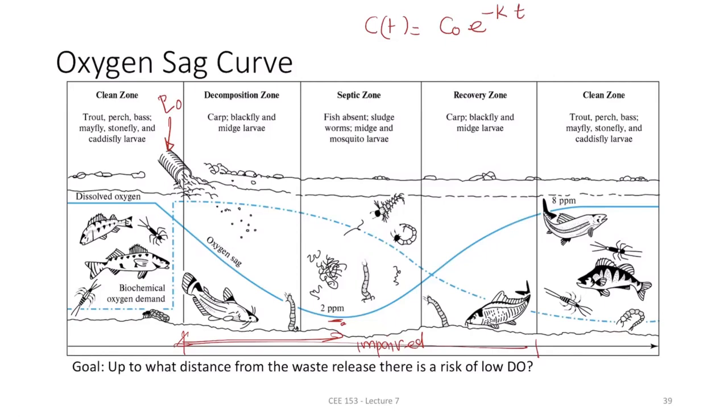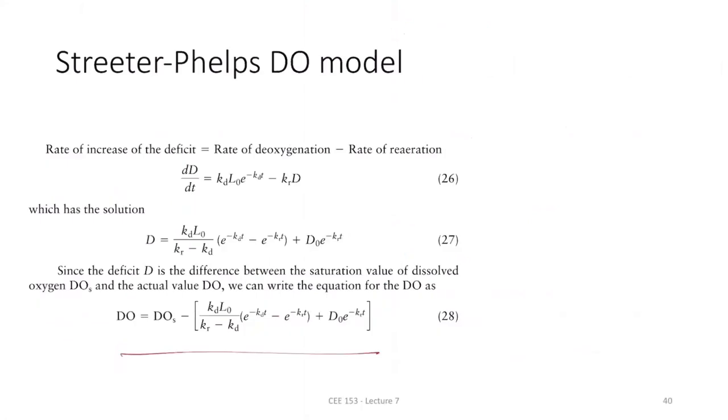If you have just one reaction that consumes the oxygen, that works, but here you actually have two reactions. They are working oppositely. One is the BOD reaction that consumes oxygen, and the other is a reaction that supplies oxygen. So you have to account for both factors. So that's why, if you write the equation of deficit, the rate of increase in deficit is